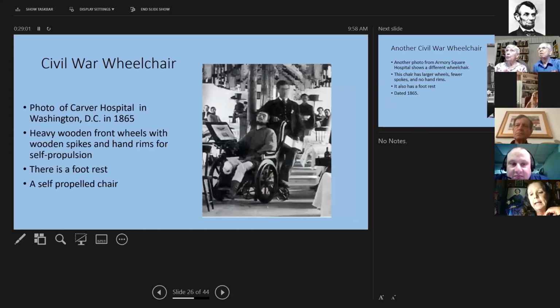Now, here's a photo of Carver Hospital in Washington, D.C., in 1865. Notice the heavy wooden front wheels with wooden spokes and hand rims. Now the hand rims were for self-propulsion.